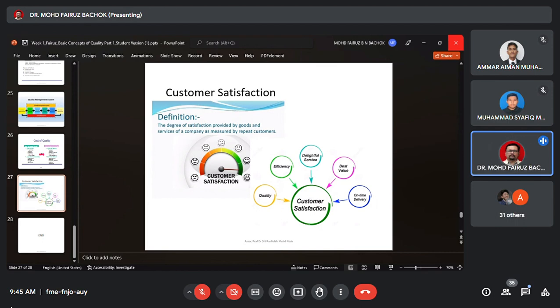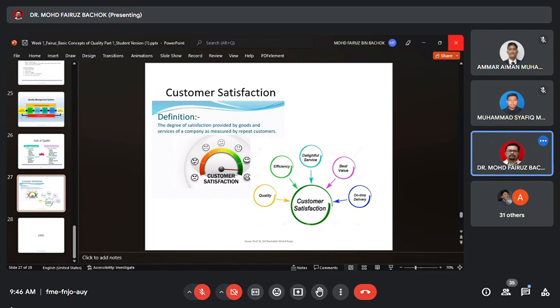But now, from the customer perception, it's not the product attribute anymore. You talk about the product, the construction. Now the criteria is repeat customer: how many have been sold, customer comments, and also the rating given by the customer. That now becomes the quality criteria for the products. But still, we rely on the customer feedback.